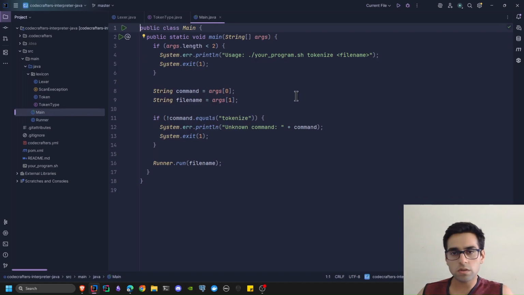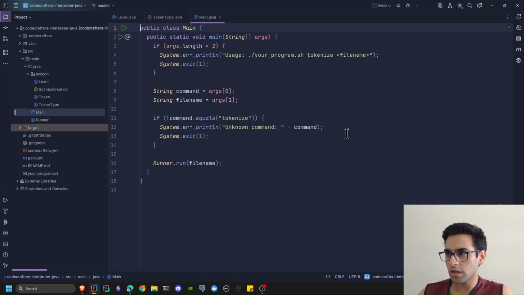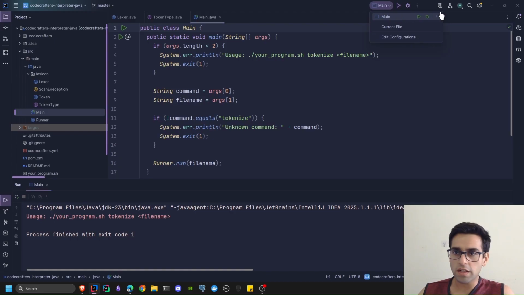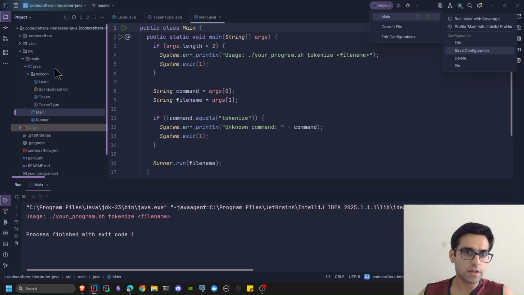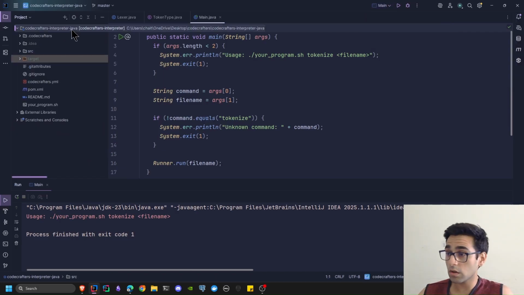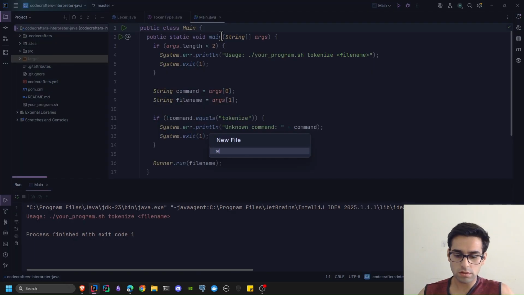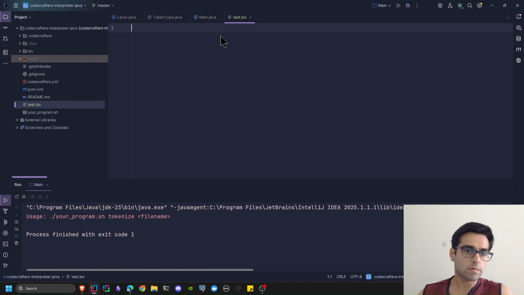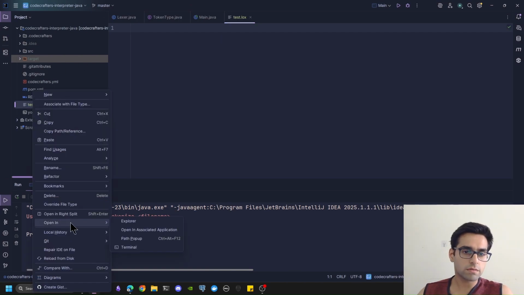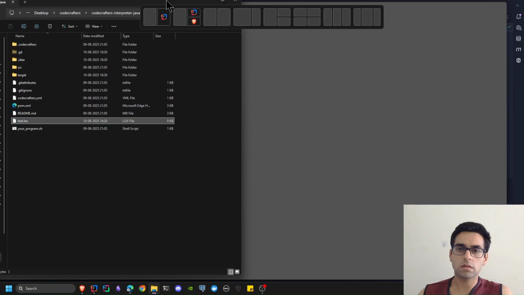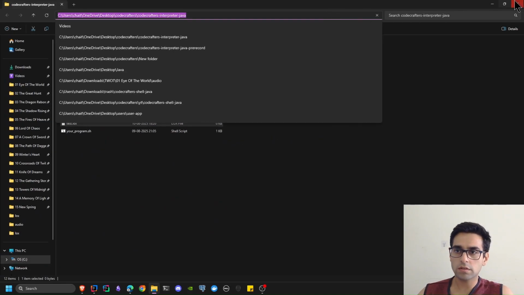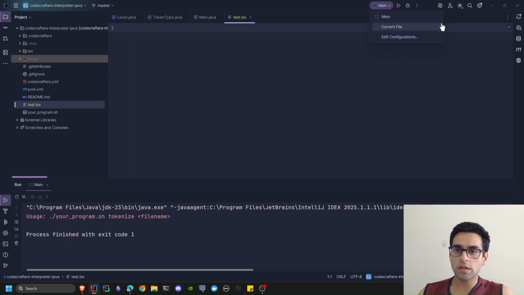Okay. So let's just try to run this code on our local system as well so that we can test before pushing to CodeCrafters. This will fail because I haven't provided any runtime arguments. I just needed IntelliJ to create a configuration for me. Now I can edit it, but before editing it, I need to create a file called test.logs. So I will create it here, open it in Explorer, copy the path. Now I can edit the configuration